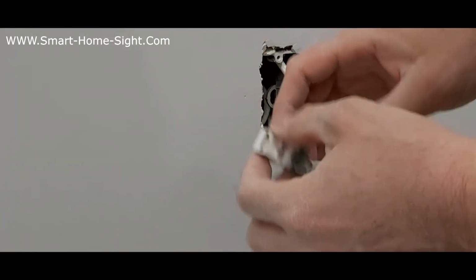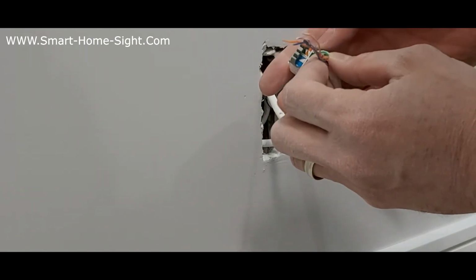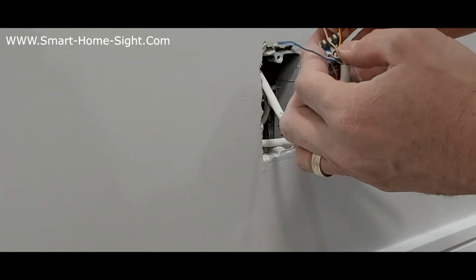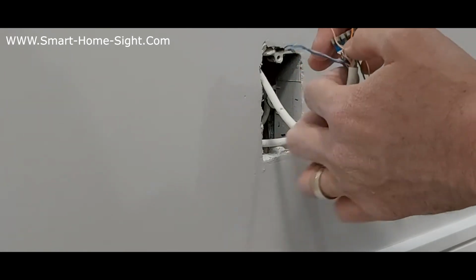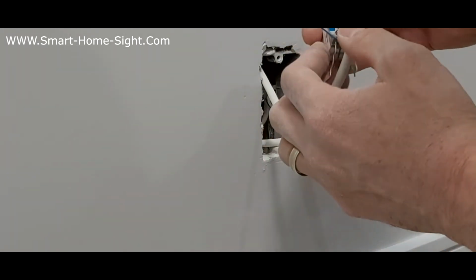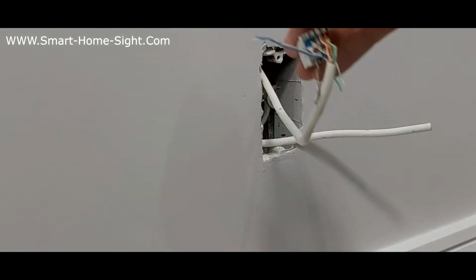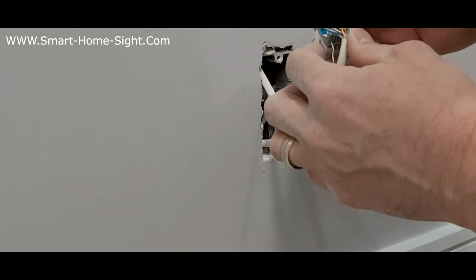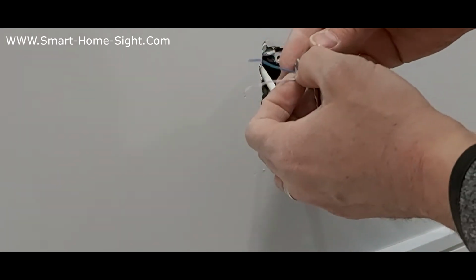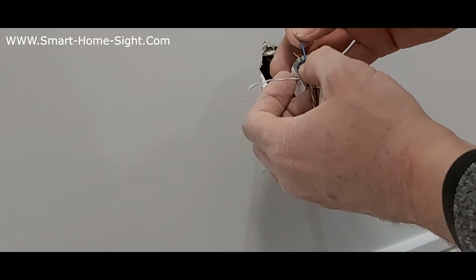For the rest of the wires, you can see type B here is orange and orange-white. Choose this pair. Orange goes here, and orange-white is here. Okay, and the last pair is blue. See, type B, type A. I choose type B. Blue here